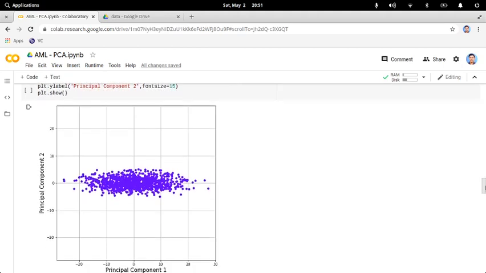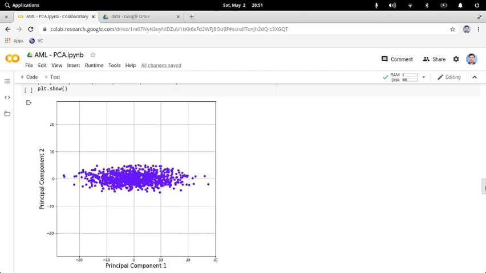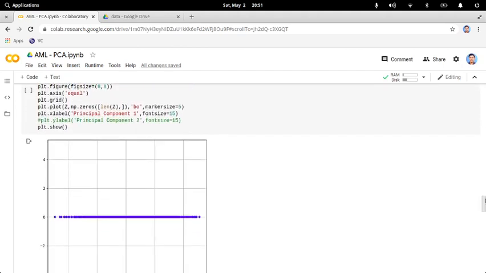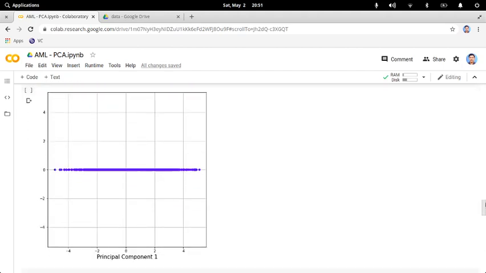See, this is how it will look if you use both the principal components, principal component 1 and principal component 2. Now if you use only one principal component, the data will look like this.